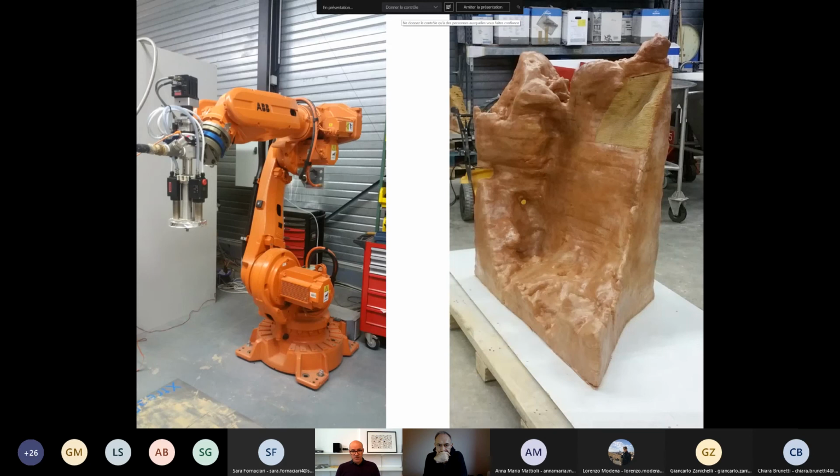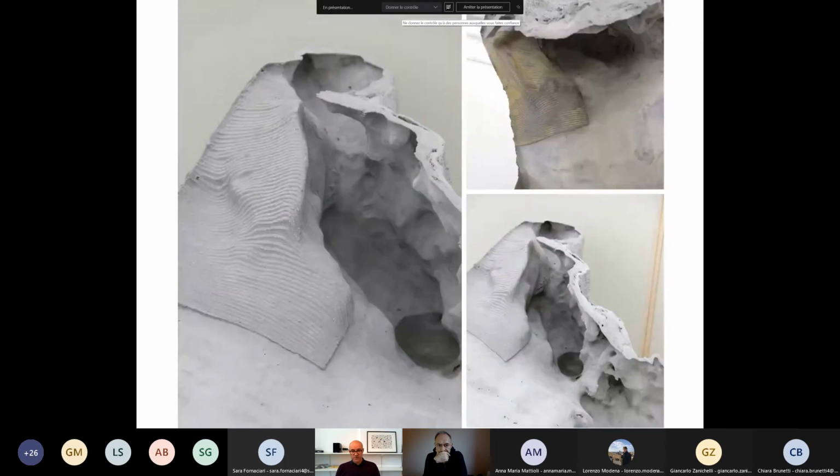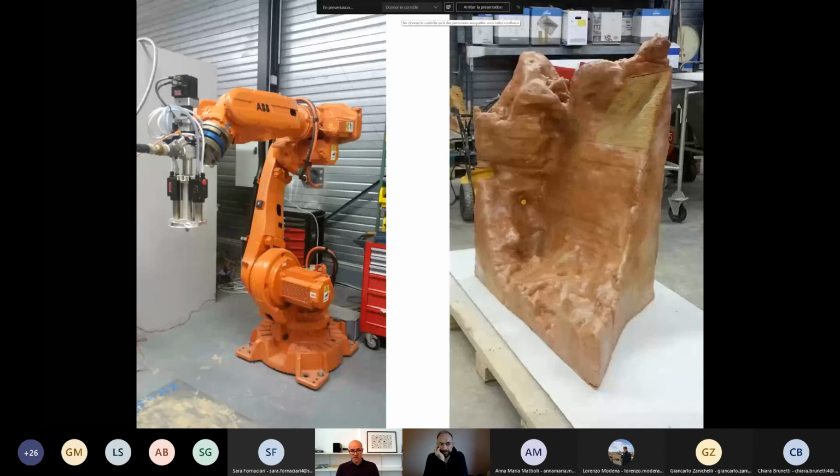Working on that, we made a prototype for a small element for the Swiss pavilion by Christian Kerez at the Venice Biennale, but finally he didn't keep this method. He went with a more traditional CNC milling method, making use of foam. But this is what we proposed.